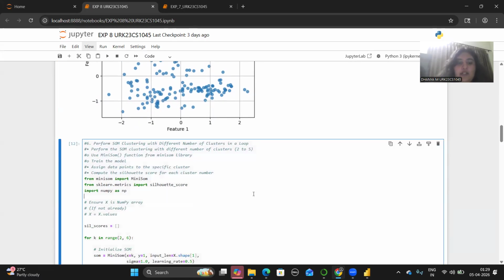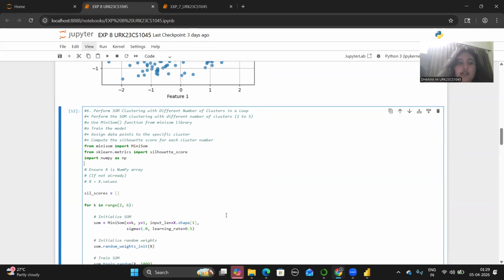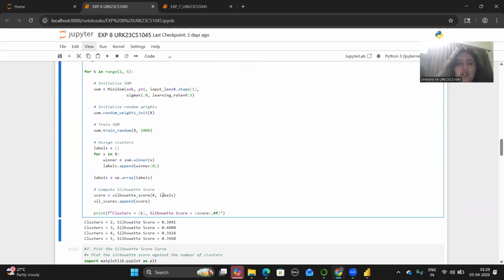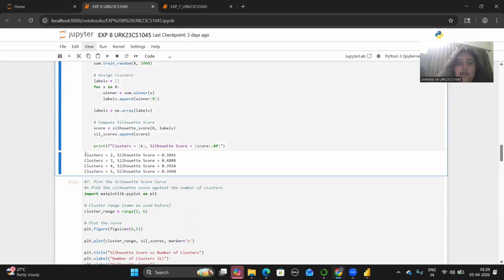And for the sixth question, I performed SOM clustering with different cluster sizes. Here I took 2 to 6. Each model maps high dimensional data into a 2D grid. Then after that, I assigned the clusters based on winning neurons. This helps compare different cluster configurations. Here you can see in the output I did for 2, 3, 4, and 5, and the silhouette score